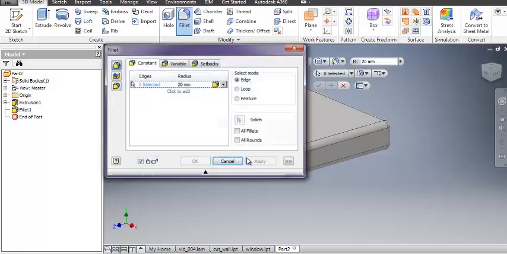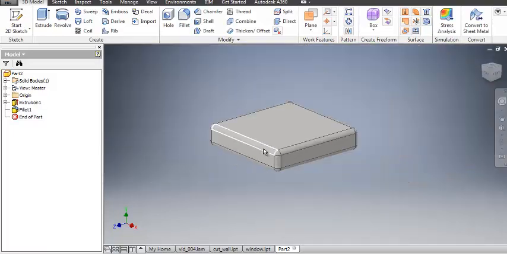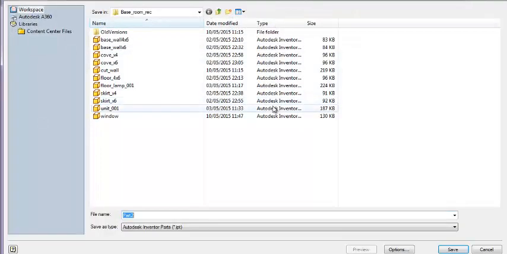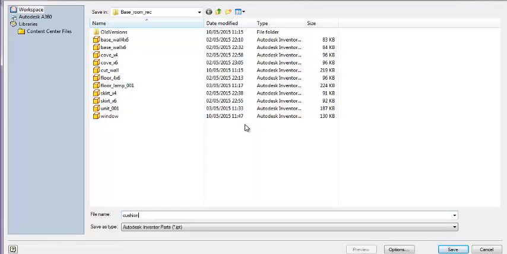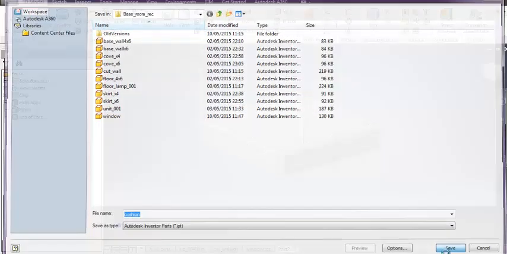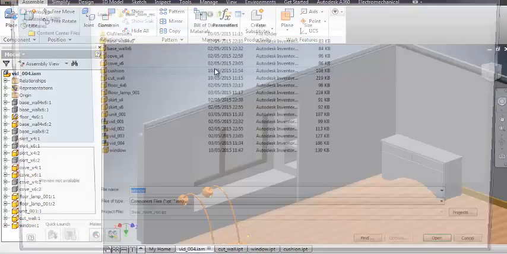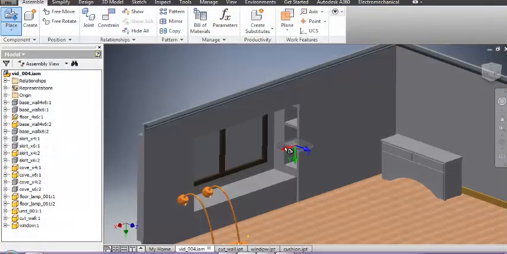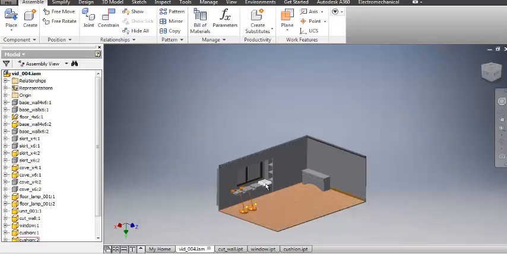That should be enough. And place, where be my cushion? 1, just doing this visually, 2, 3, 4. They won't all fit, but